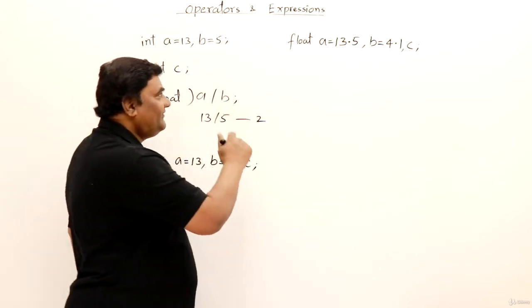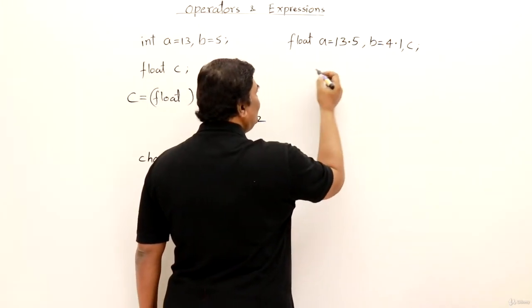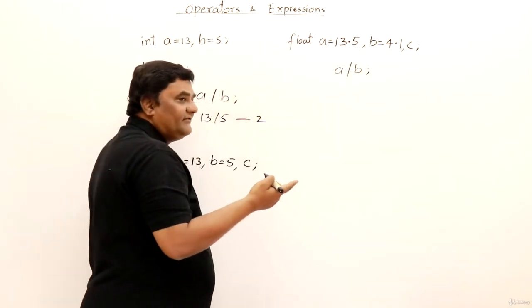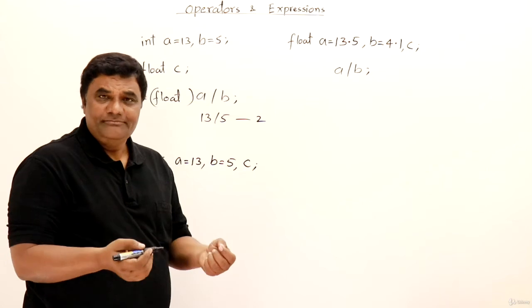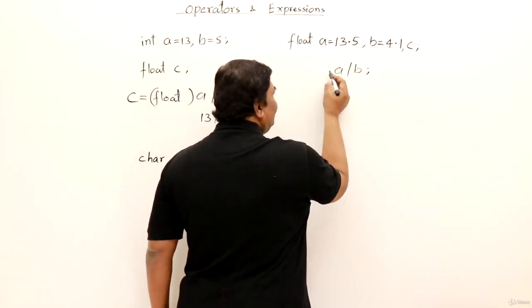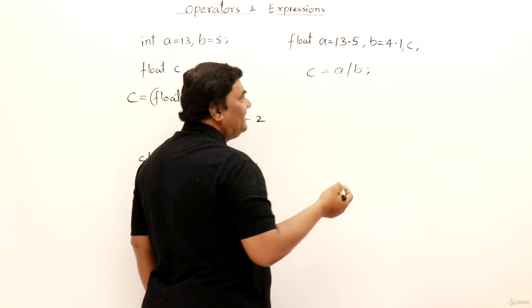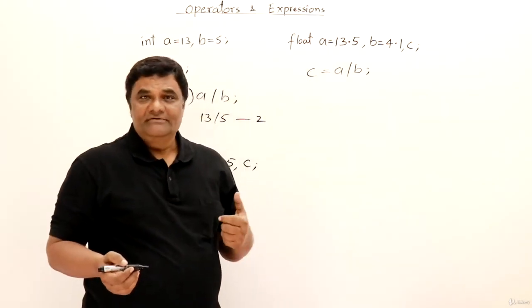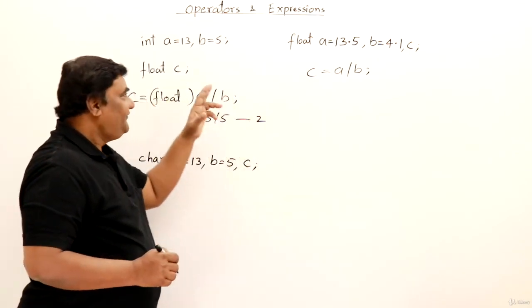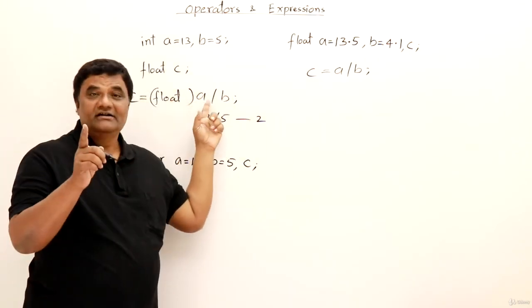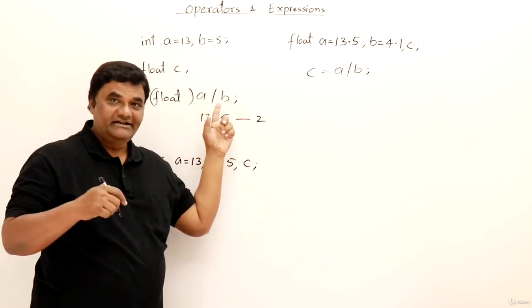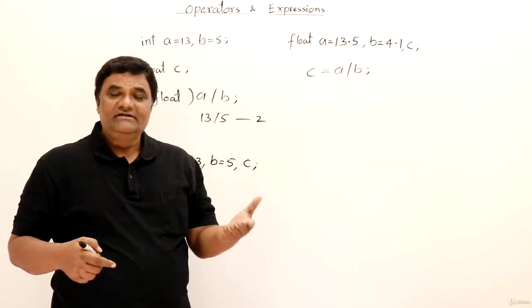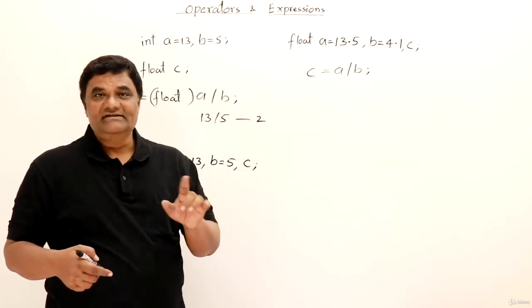Now next, here I have one more example. I have 3 variables, all are float only. Now if I want to divide a by b, then the result will be floating point result only. It will be a floating point result, and the result I will take it in variable c. So I don't have to worry about typecasting anything, because a and b are of type float, so the result will be float. So from this we can understand that if we have integers and we perform any arithmetic operation on integer, we get the result in integer. If it is a float, then we get the result in float. Similarly, if you have any other data type, you will get the result as the same data type.